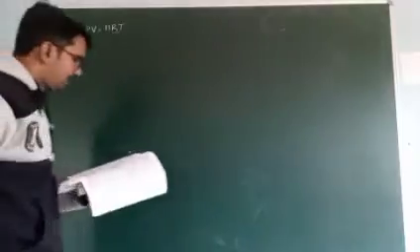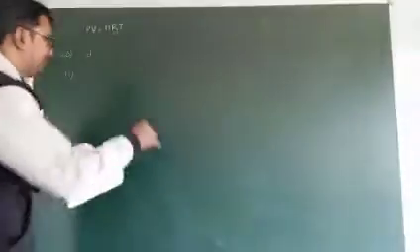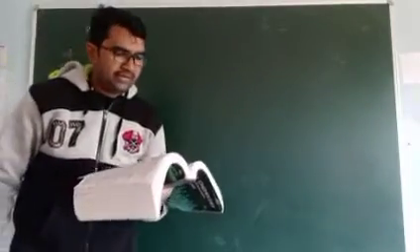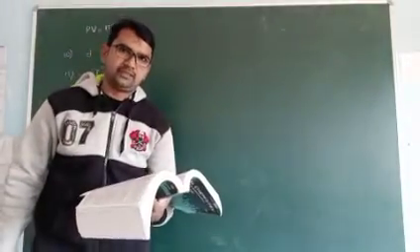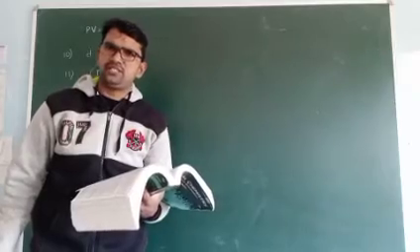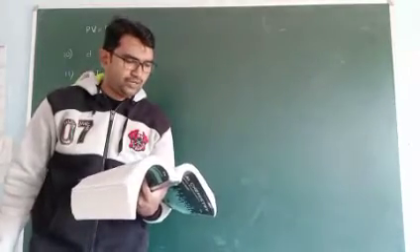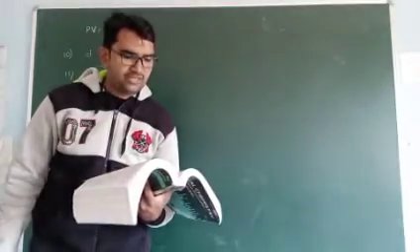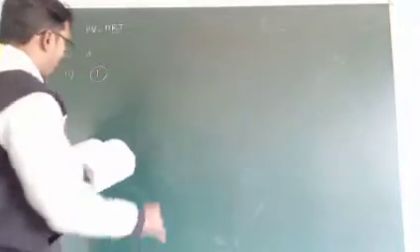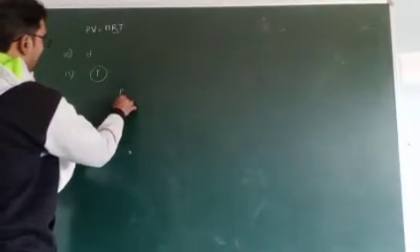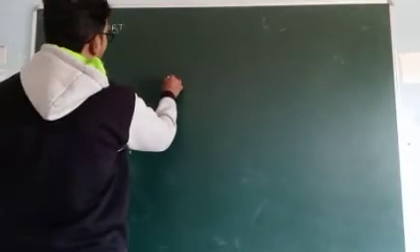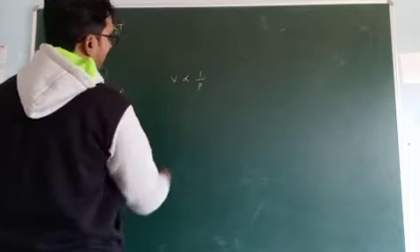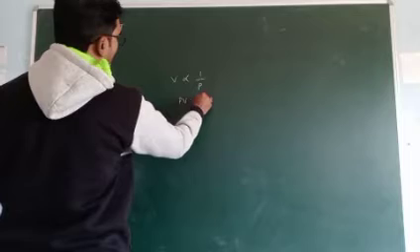11th one. At constant temperature, in a given mass of an ideal gas, constant temperature means it is Boyle's law. So what is the correct relation here? The ratio of pressure and volume always remains constant? Ratio of pressure and volume is P by V. Actually, what is Boyle's law? At constant temperature, P is directly proportional to 1 by V, meaning PV is equal to constant.